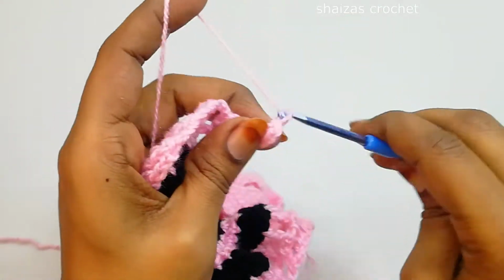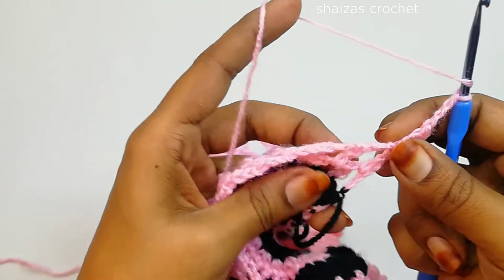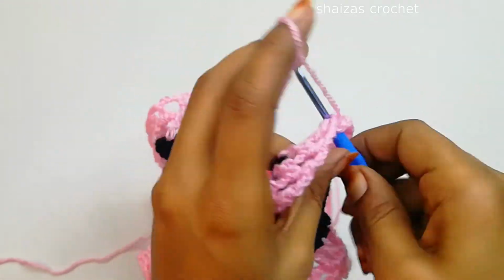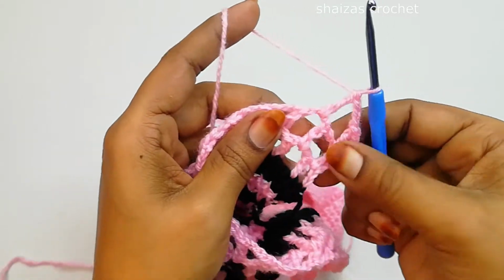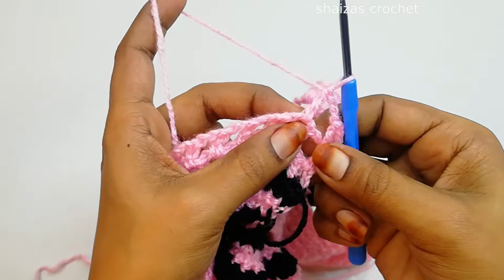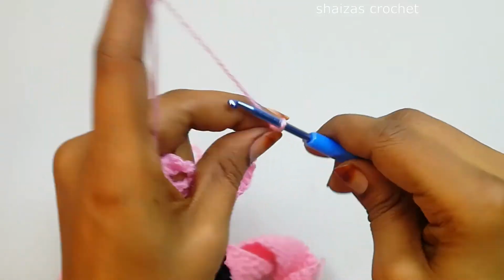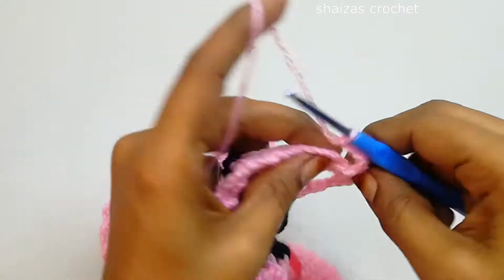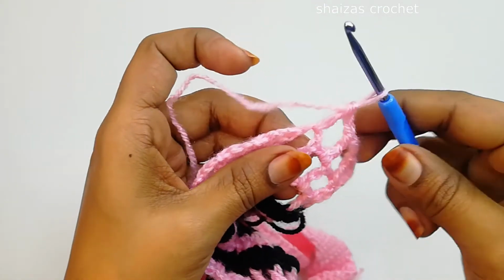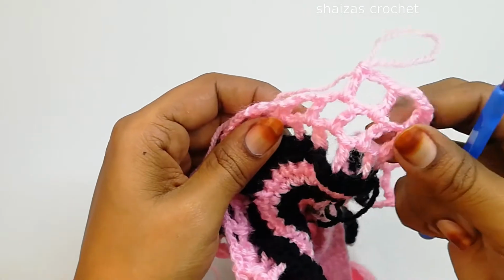Now chain 3, 1, 2, 3, yarn over, into this we'll make 1 double crochet, 1. We'll not do anything in this stitch in this space. Again here 1 double crochet, chain 3, 1, 2, 3, yarn over, into this we'll make 1 double crochet. Same like this we are going to continue